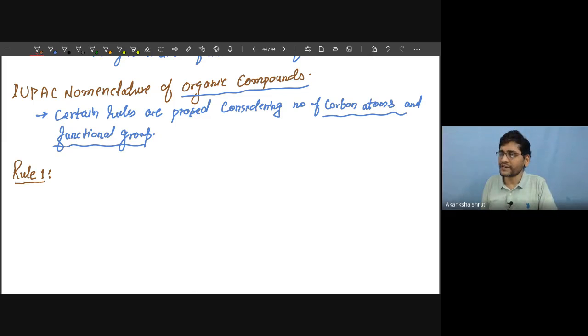What does this rule number 1 tell? Rule number 1 tells for the counting of the number of carbon atoms in the molecule or in the chain. So write this as the very first, it is called the selection of carbon chain, or we may write it together, counting, or let us break it into 2 parts so that you can understand it more conveniently. So selection